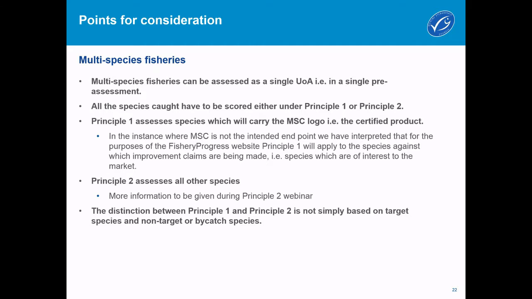With multi-species fisheries, and in fact any fishery, all species caught have to be scored, and they're either scored under Principle 1 or Principle 2. And we picked up on a slight confusion about how you categorize what your Principle 1 species are and what your Principle 2 species are if you have a multi-species fishery, and also if your endpoint is